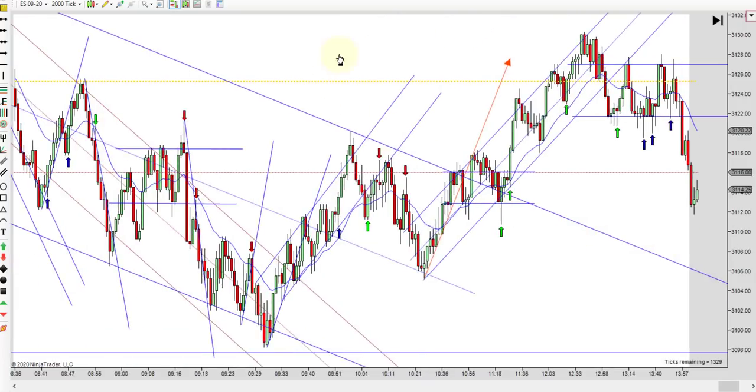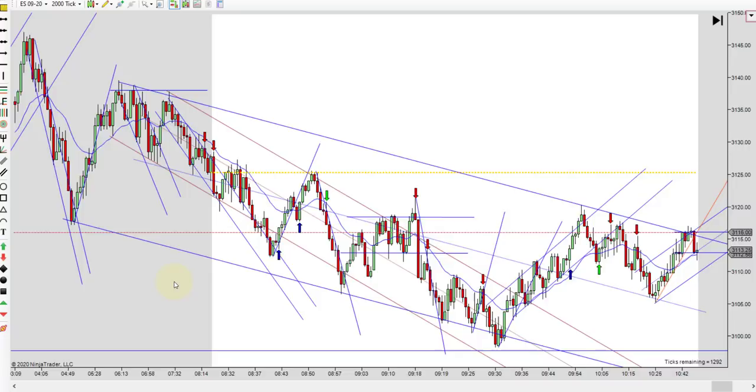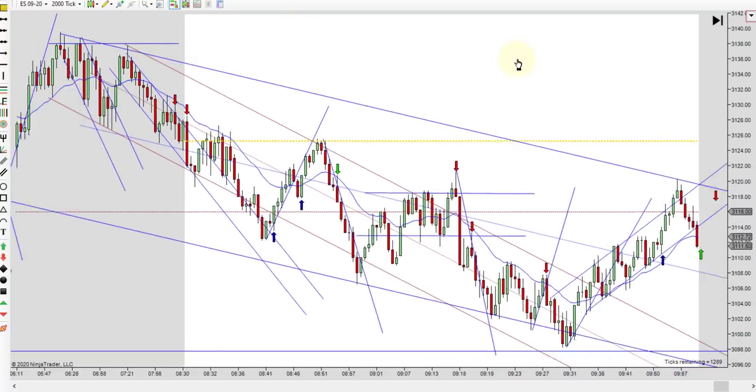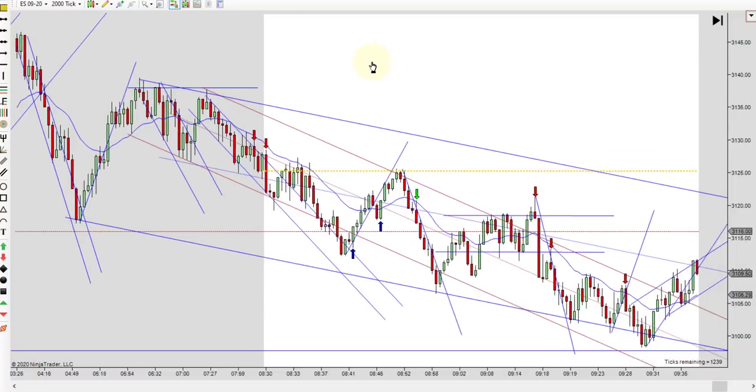So you can see, there's actually a lot going on here. We've got the two-tiered channel. We've got a brown two-tiered channel within that, and even with that, we had another short-term channel. So there's a lot going on here. This looks really messy, but if you understand what's going on, it doesn't look nearly as messy as it would if you're not used to this. But it really helps you to know what's going on, though.